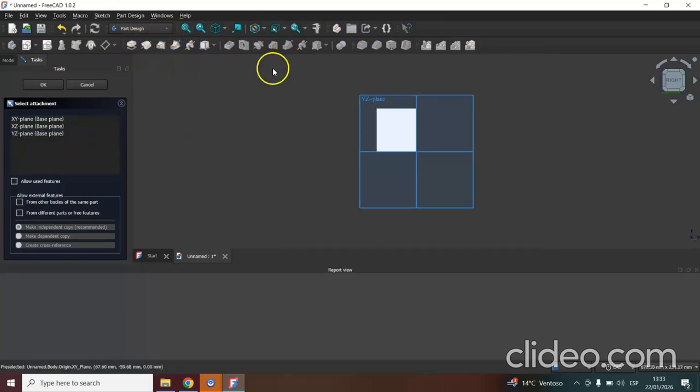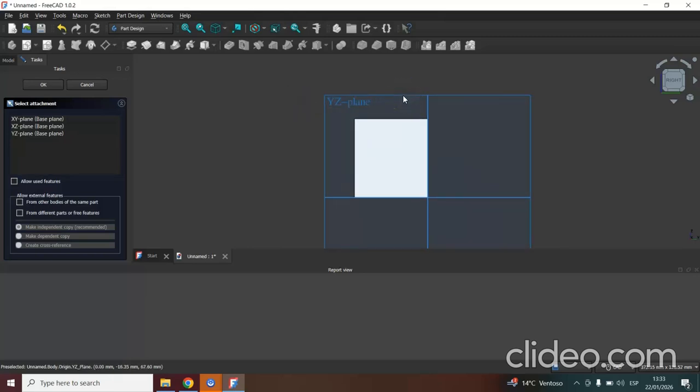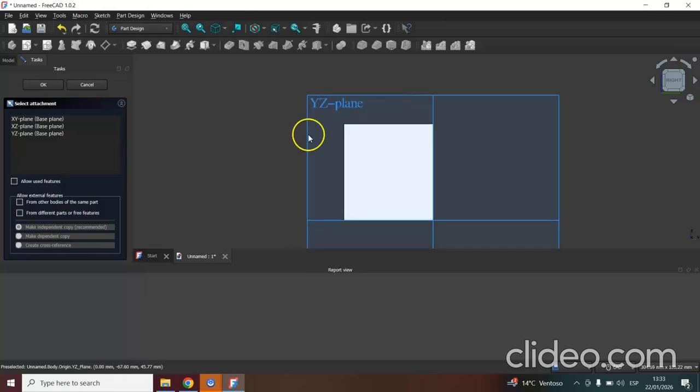Let's adjust again here. I'm going to zoom in a little bit. Okay. So here I want to create a square, and I want the square to be centered. So I'm going to draw